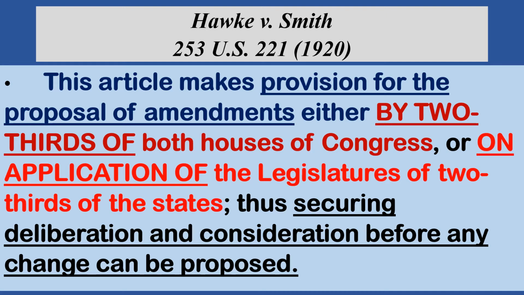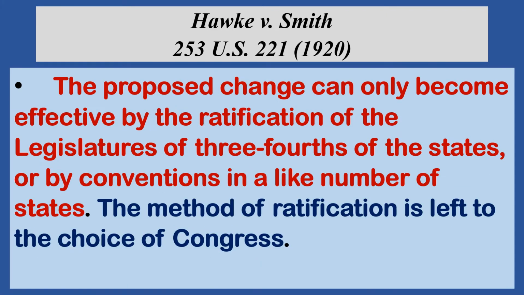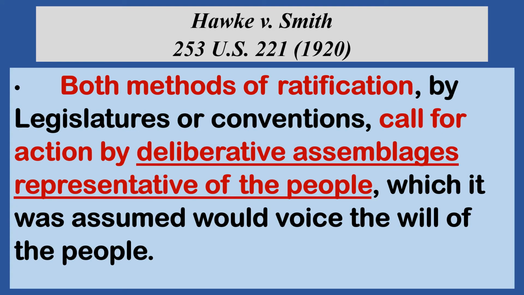Here, the Hawke versus Smith court simply states what Article 5 states, that changes can only become effective after ratification, either by legislatures of 3/4 of the states or by state ratification conventions, 3/4 of those in the states. And it is Congress who gets to choose whether ratification will take place in the legislatures or in special state ratification conventions. And again, they emphasize this point that both methods of ratification call for action by deliberative assemblages